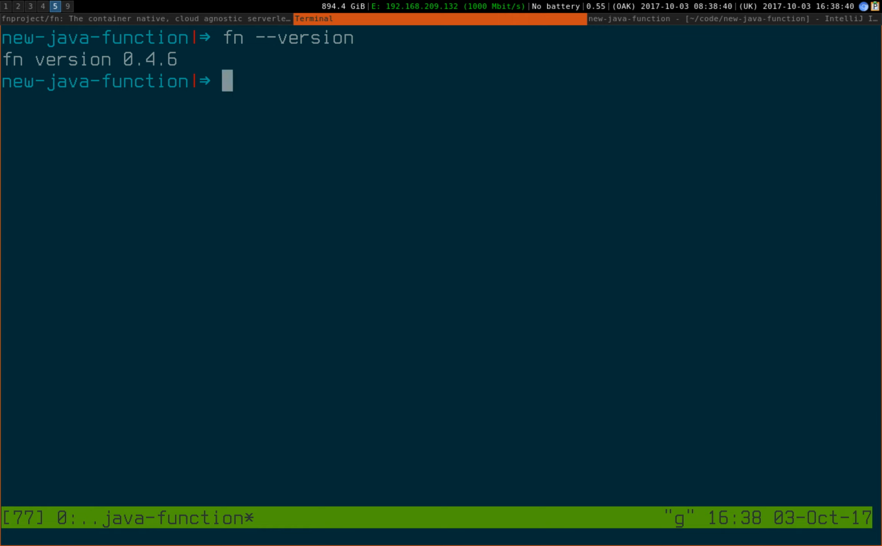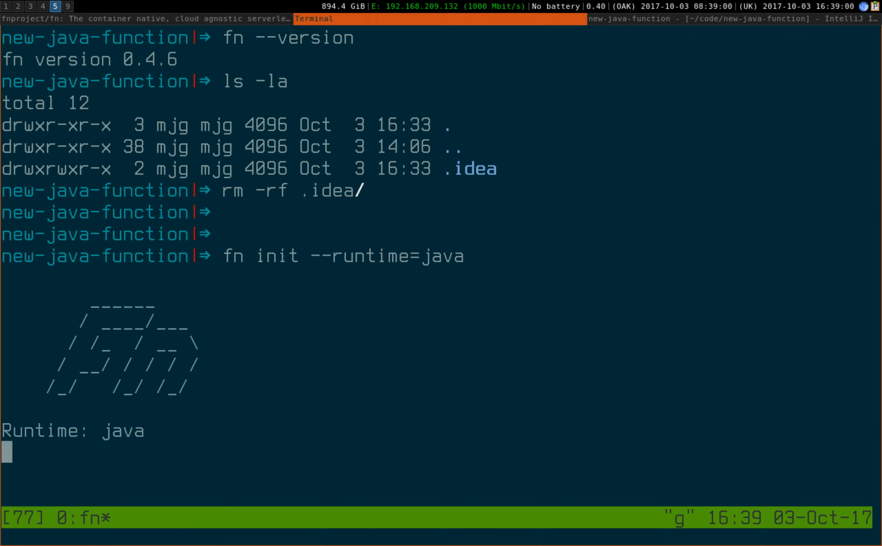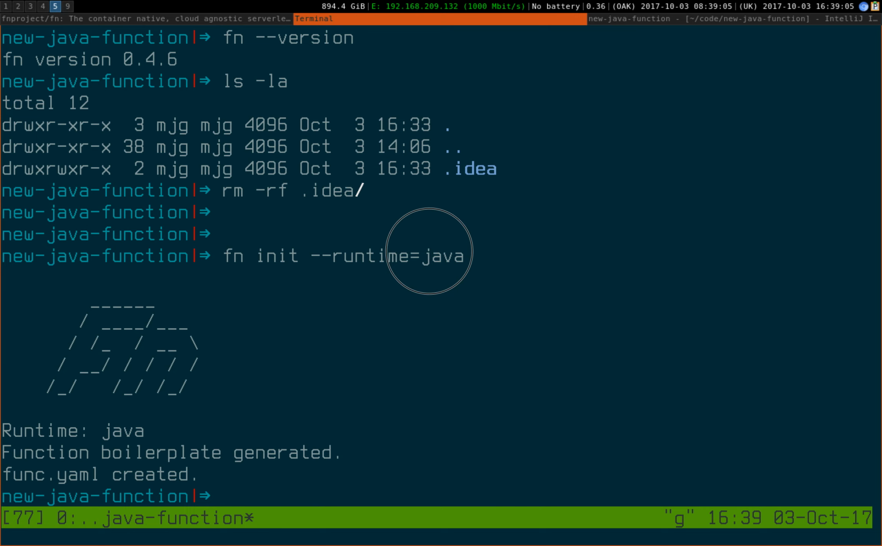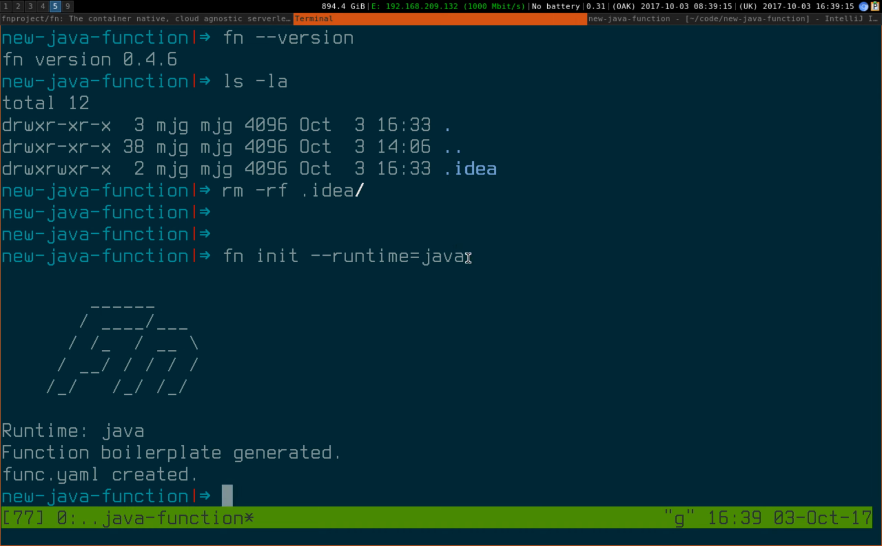0.4.6. I've created an empty directory, new Java function, and it has an .idea directory in it. I'll leave that, I don't want to confuse IntelliJ unnecessarily. So what I do want to do, though, is fn init --runtime=java. And this is super quick, and the default you get when you do --runtime is Java 9. If you want Java 8 for some reason, then --runtime=java8 is supported,